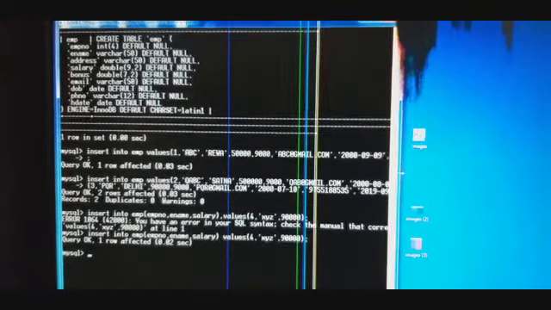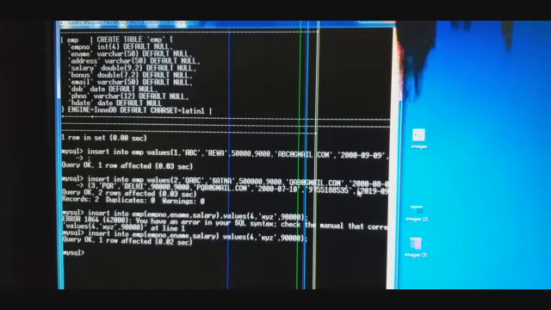Now with keen observation, you can see that here ABC, the name, is provided within single inverted commas, the address is also provided within single inverted commas because of the varchar data type, and the email is provided within single inverted commas. And the date is provided within single inverted commas. So whenever we are providing a date, we have to provide the date within single inverted commas, and we always have to follow a particular format, that is YYYY-MM-DD.